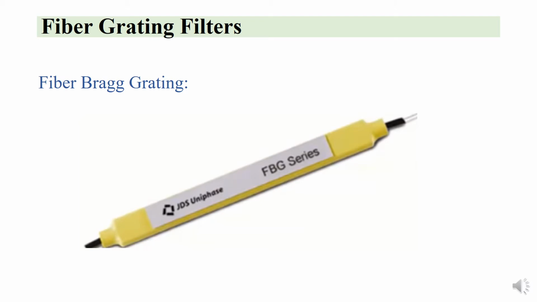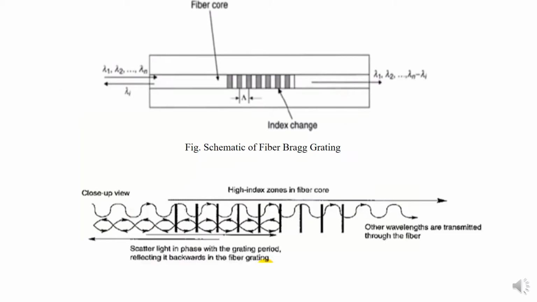The figure shows the FBG series. Here it shows a schematic of a fiber Bragg grating. The short segment of optical fiber inside the fiber core we can see in the first figure. It will have a refractive index change, which is represented by the period lambda. We can see that most of the light is transmitted and some light is reflected back with the fiber Bragg grating setup. So what kind of effect will this have on the fiber light guiding principles?